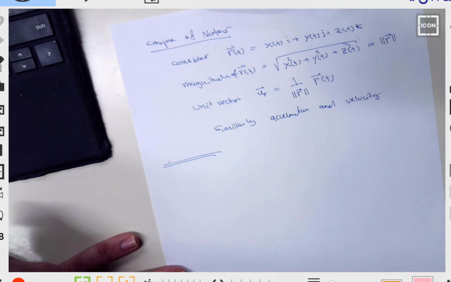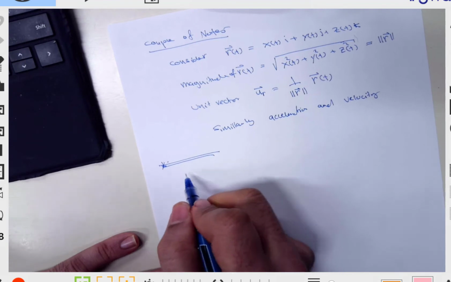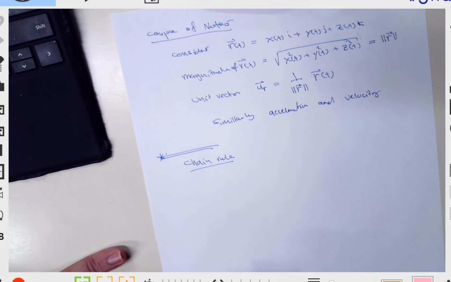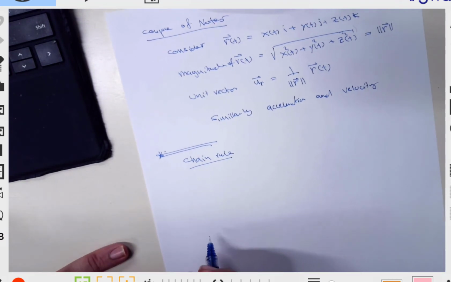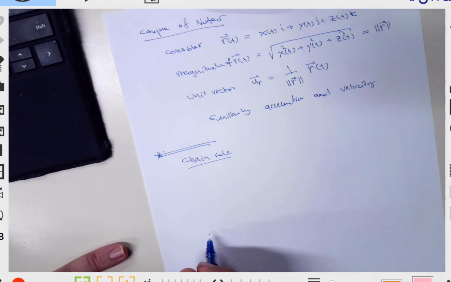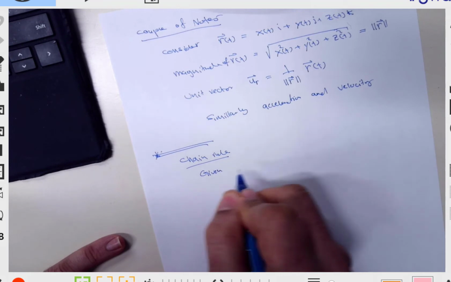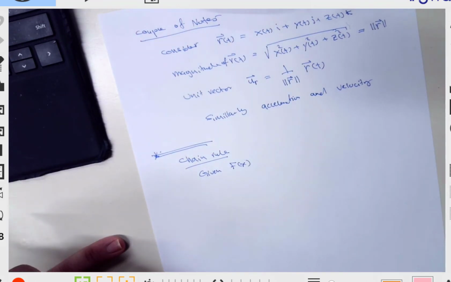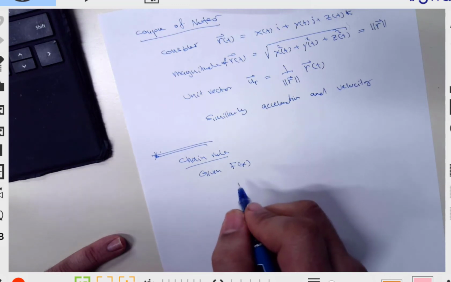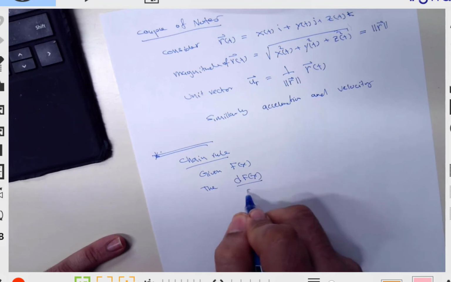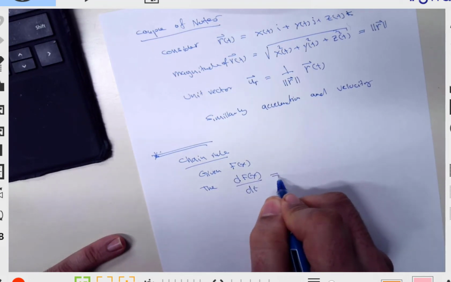Another important note I would like to mention here is the chain rule, or the change of variable. Suppose that we are given a function, call it f of x. If we were asked to derive this function with respect to time, then the derivative of this function, which is a function of x, with respect to time, can be written also